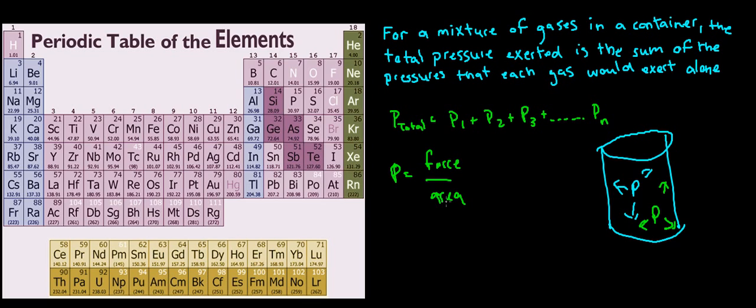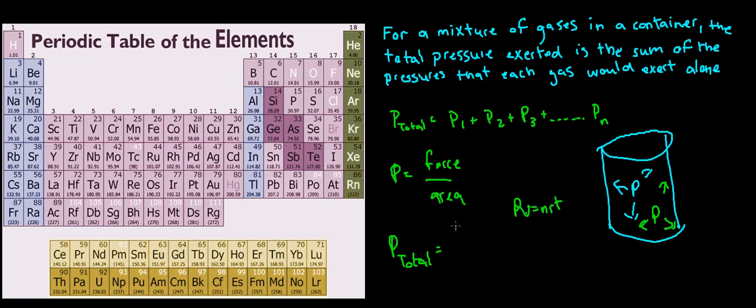But anyways, there really isn't too much else to Dalton's law. It's more just simple ideal gas problems. A useful form of thinking of it is P total, and then each partial pressure. I can think of pressure as PV equals nRT, and then I can say that